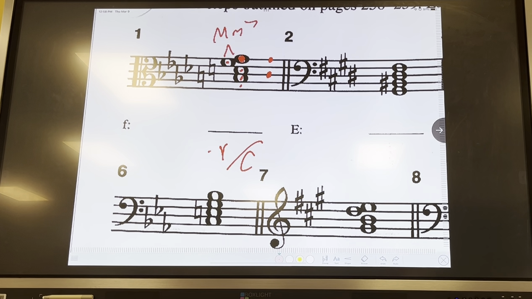This is a 5 of 5/7. More specifically, it's not just 5/7, but 6/5 of C. That's the inversion. 6/5 is the inversion. It's just the top, and the bottom note is the third, right? Okay. So now I need to put that in relation to